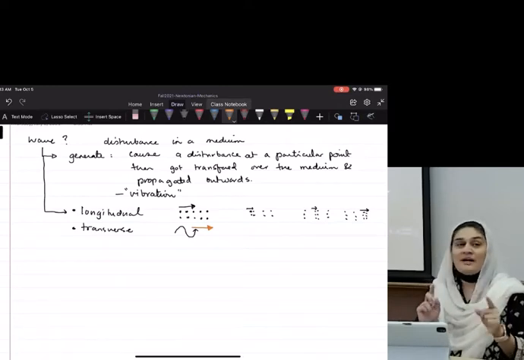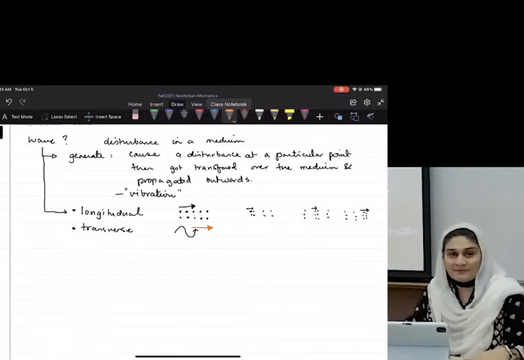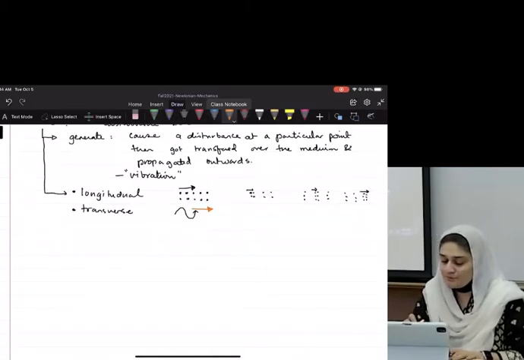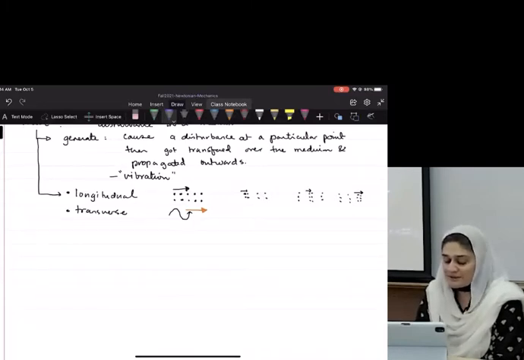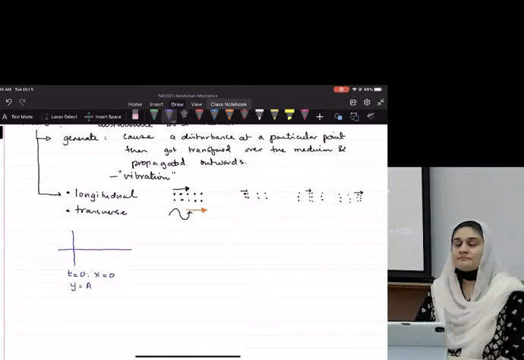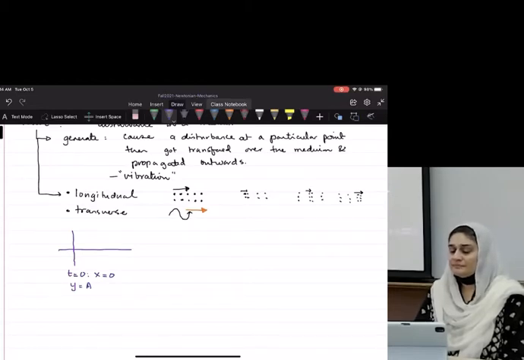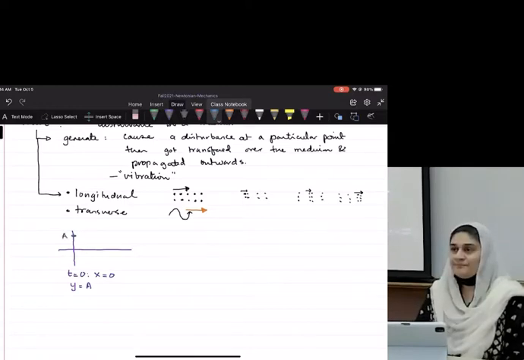And so now let's try to develop a wave equation by knowing absolutely nothing about a wave. Do you want to do that? This is fascinating. I'm not going to tell you what kind of a wave it is. I'm not going to tell you anything about a wave, except that at t equals 0, it exists at x equals 0 at point A. That's all I'm telling you about this wave. Which means this wave exists at this point.